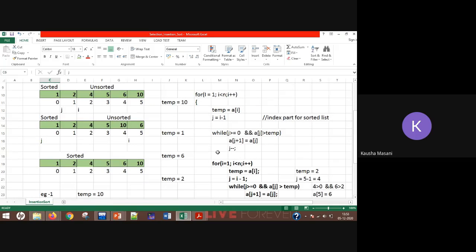ओके, और अगर बाय एनी चांस ये while की लूप नहीं चल रही मतलब j इज ग्रेटर देन और इक्वल टू 0, ठीक है, बट a of j is not greater than 10, तो क्या होगा कि जहां भी आपका a of j plus 1 है, ठीक है, जहां कहीं भी a of j plus 1 मतलब जो भी आपकी empty वैल्यू है, वहीं पे आपको आपका temp स्टोर करवाना है। दैट मीन्स इट वॉज द अप्रोप्रिएट प्लेस, ठीक है, समझ आया।